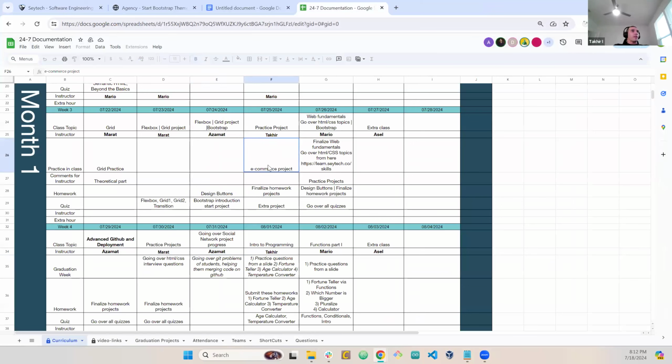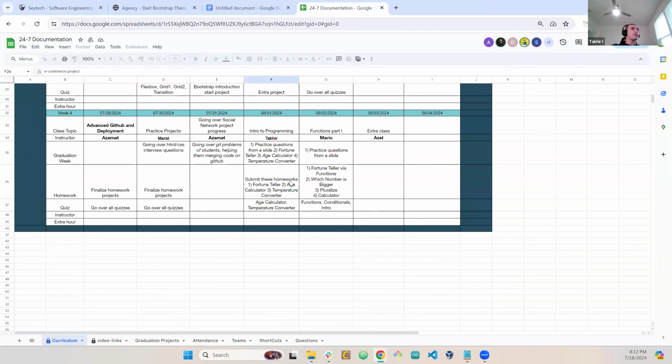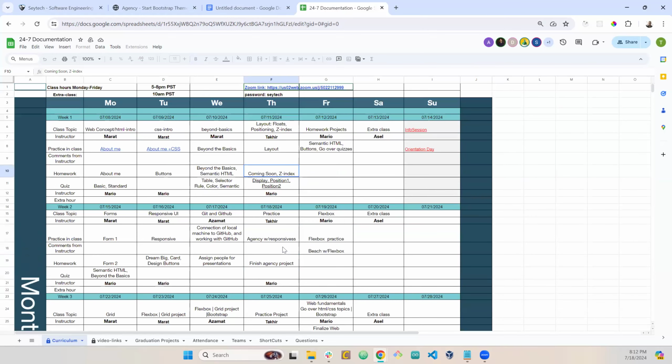Okay, and today's topic is we're going to practice. Today is the 18th. Implement responsive design. 18th? Yeah, 18th. So the topic is agency with responsiveness, and we'll practice the agency project. It's just a simple HTML, CSS project, and we'll try to apply responsiveness for it to make